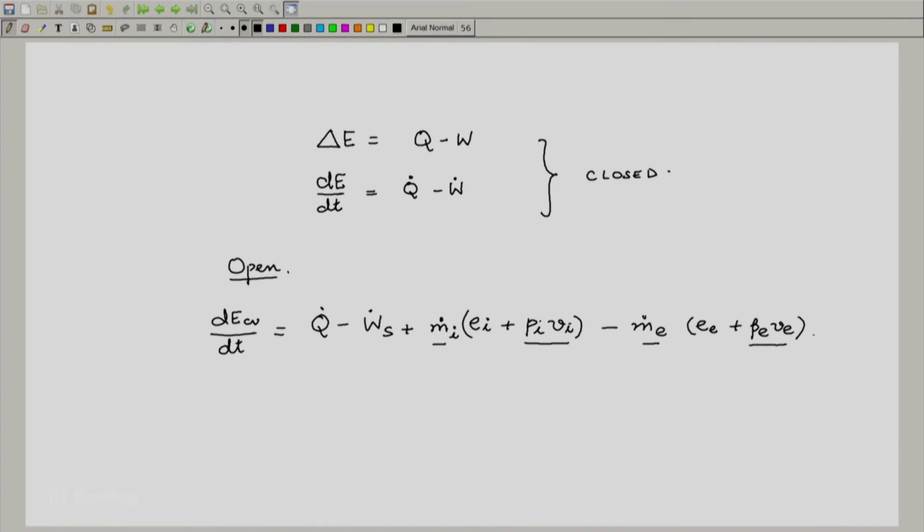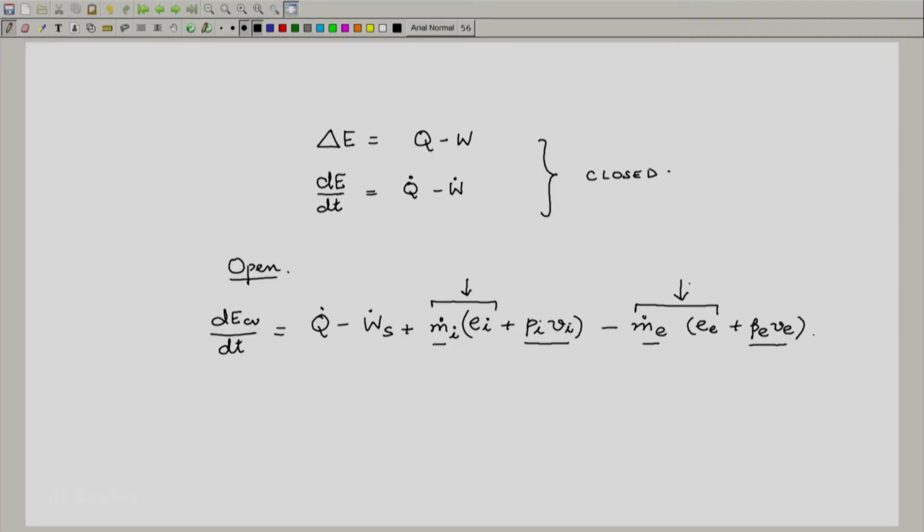And we will notice that there is also the energy flowing in, which is represented by m dot i Ei. Similarly, there is an energy flowing out which is represented by m dot e Ee. So, these two terms, the energy inflow and exit, are an extra term which comes in an open system analysis, just like the mass flow in and out came in the conservation of mass. These two terms will appear in the first law analysis.